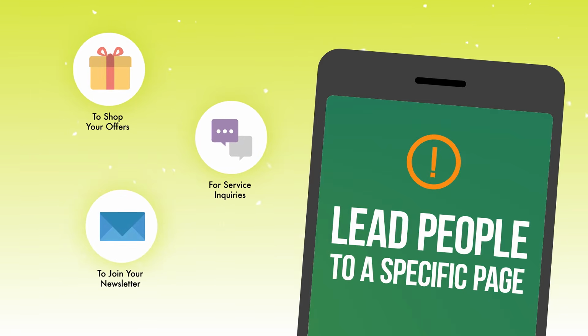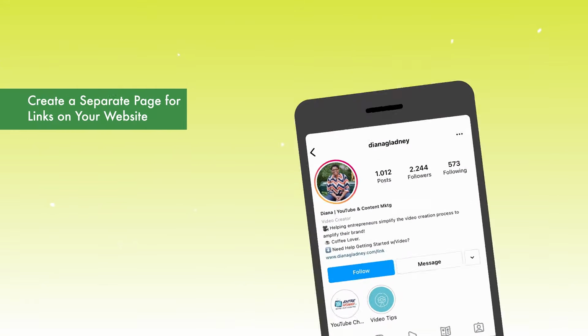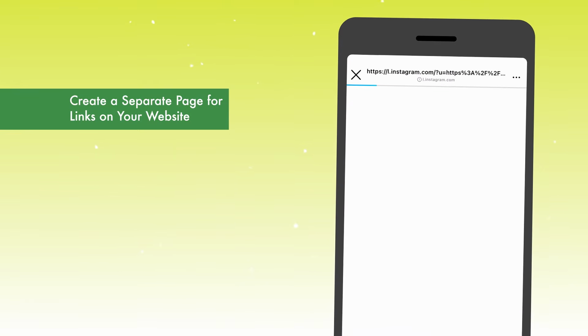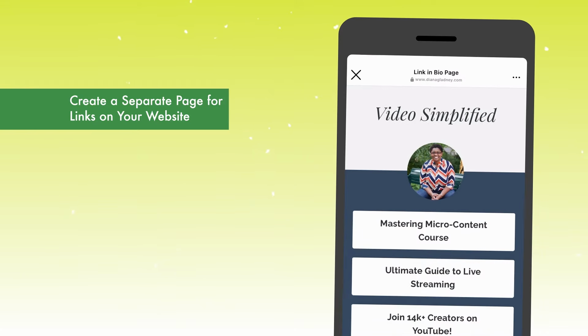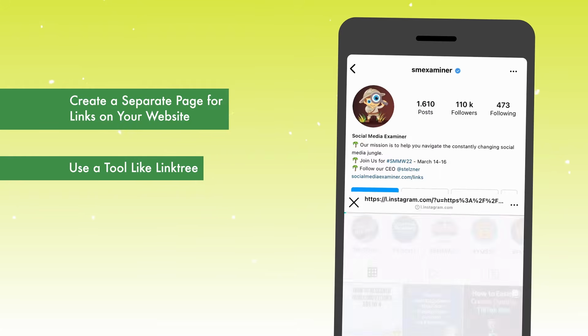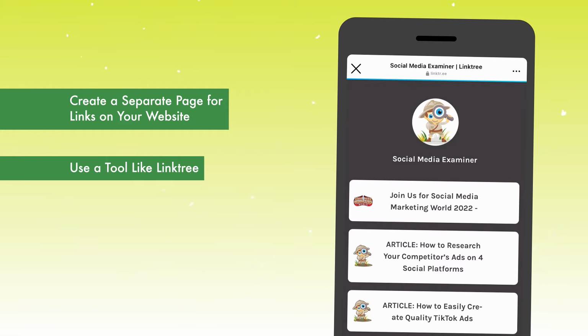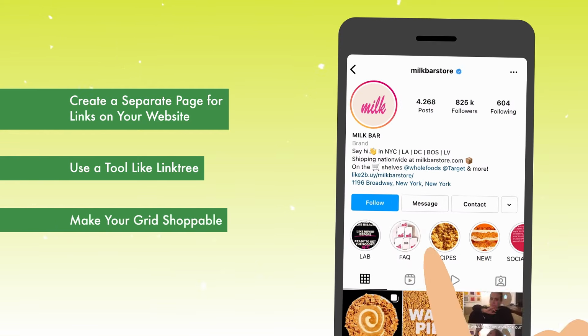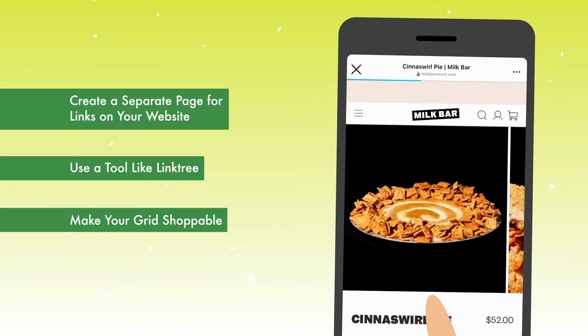The 3 different options for choosing what link sharing tool is going to be best is creating it natively in your own website and adding buttons or photos for people to access. It also could be using a tool like Linktree to share different links that you want to share, or it can be a shoppable link tool for essentially making your grid shoppable or clickable, which is great for product brands.